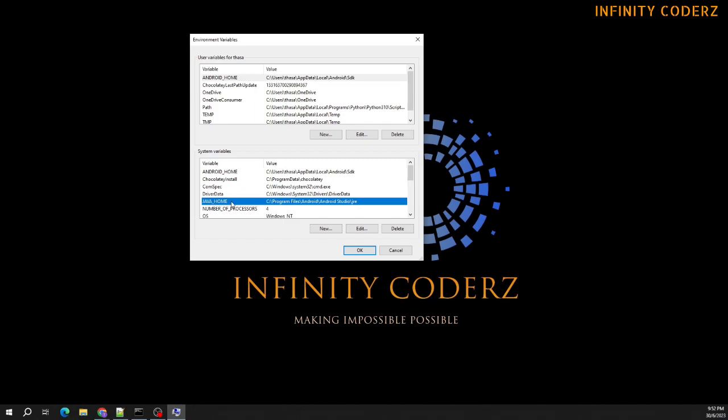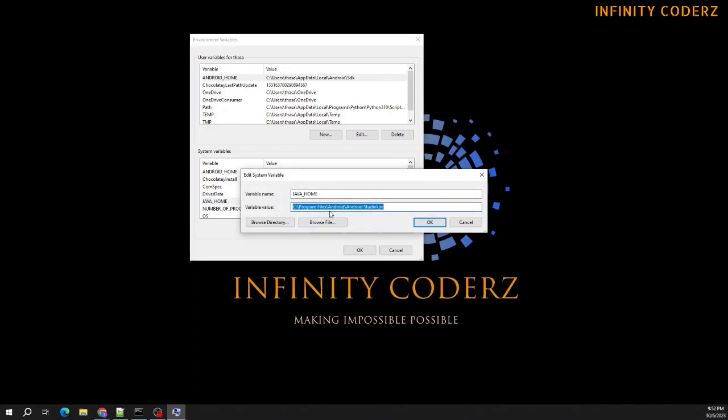I already have JAVA_HOME added since I have Android Studio, but mine is a bit different because the JDK is inside the Android Studio JRE. But you can also make JAVA_HOME refer to the installation that you downloaded before, which is under Program Files, Java, JDK 17. You can point to that one using the browse directory option.